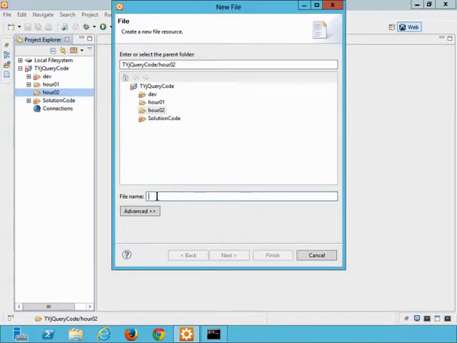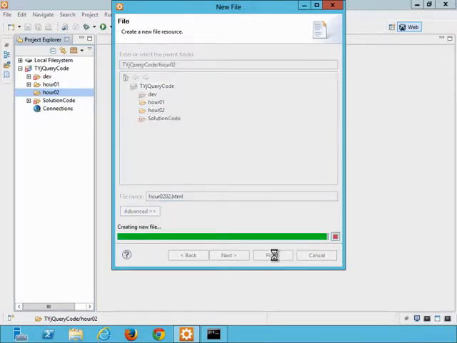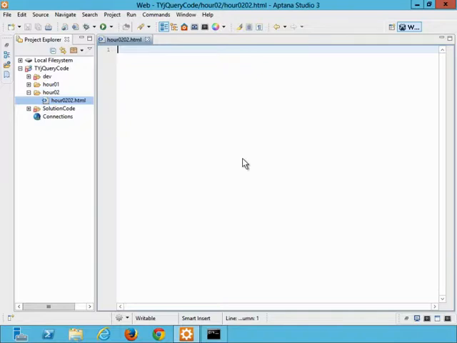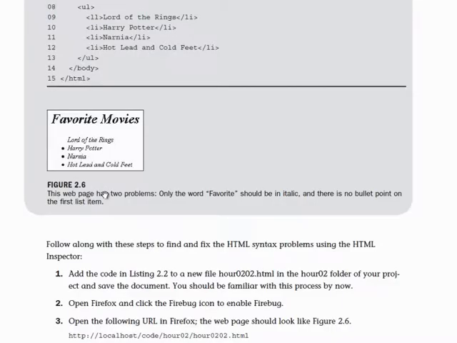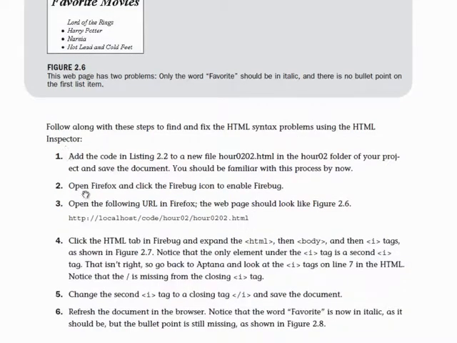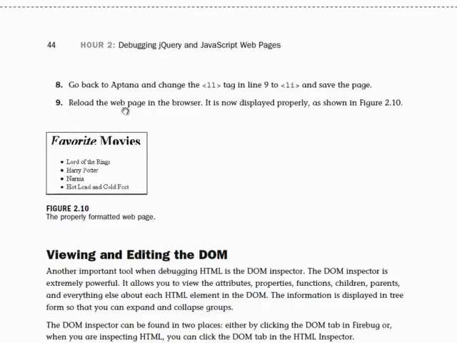We'll call this file our0202.html and click Finish. Here we can type in the code from the book in Code Listing 2.2, or you can copy and paste the code from the solution file. Parenthetically, I want to point out that the Try It Yourself exercise formatting ends prematurely. In order to complete the exercise, we'll need to continue in the unhighlighted area through step 9